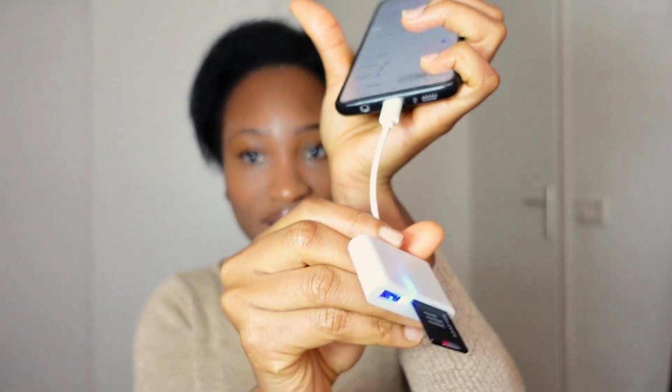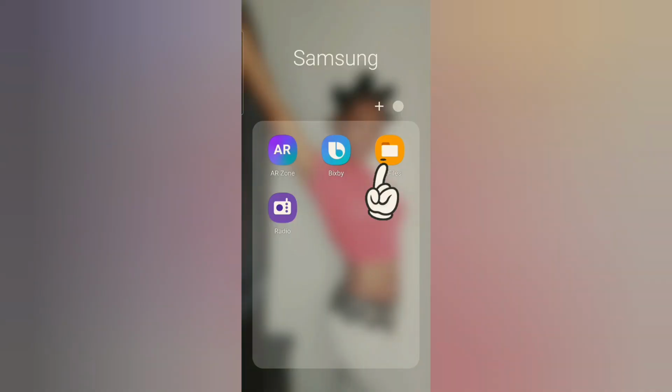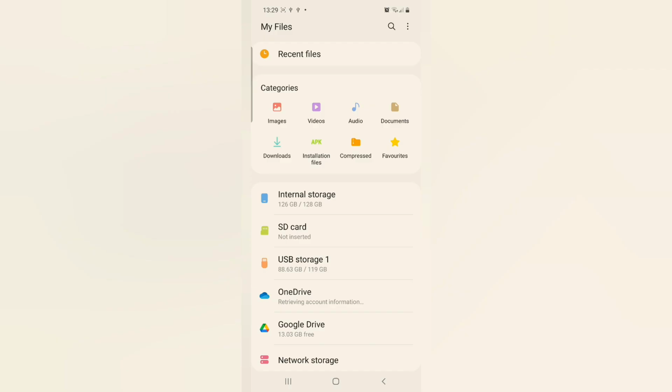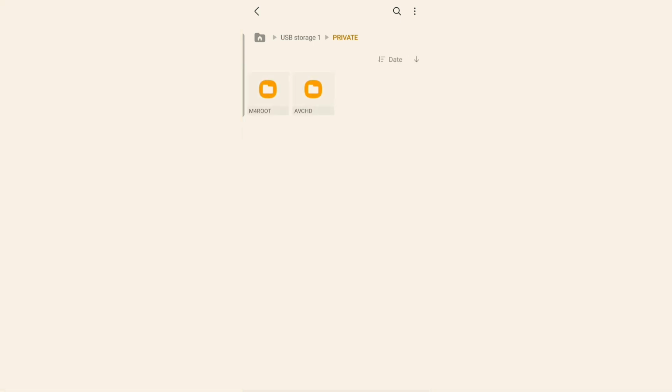I don't know what this port is called, but basically you get the message. So plug it in, and look, it now has a blue light, which means it's turned on. Now after plugging it into your phone, go to your files, and you see USB storage 1, and that's your card reader. Click on it, and then to see your video, go to private, click on M4 root,